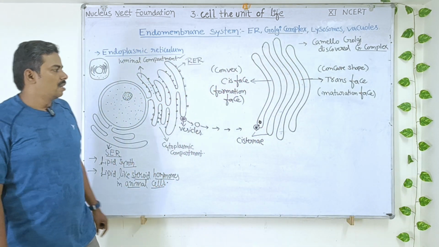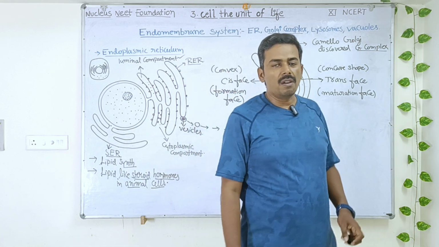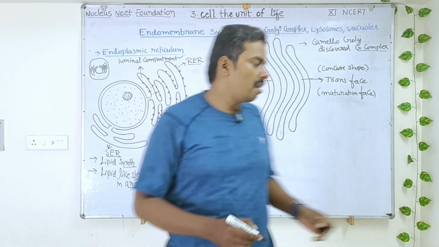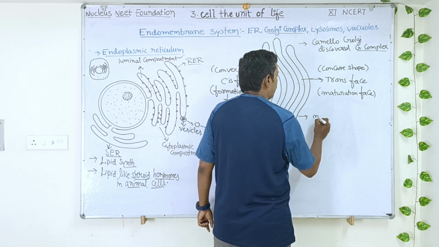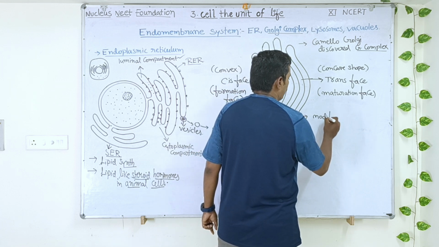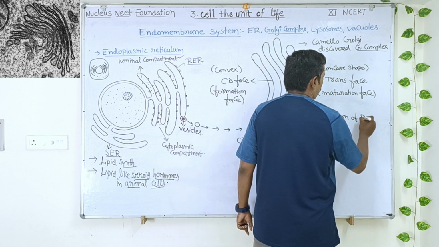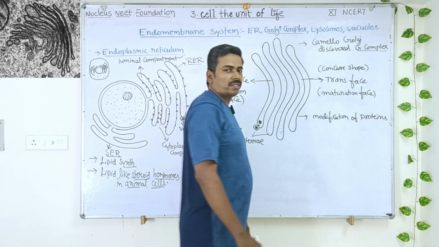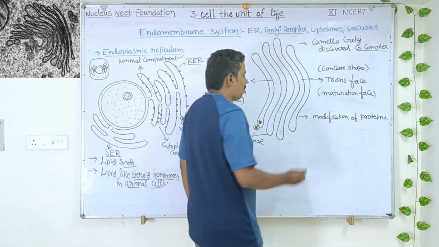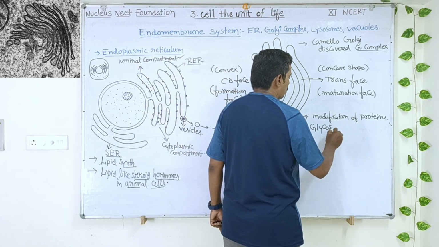Understood, students? So this is about the cis phase and trans phase of Golgi complex. So what are the functions of Golgi complex? First one, it is involved in modification of proteins. This is one of the functions. And it is also involved in a process called glycosylation